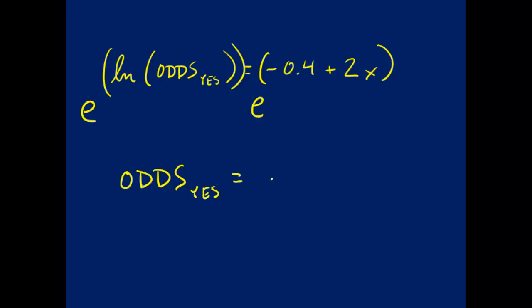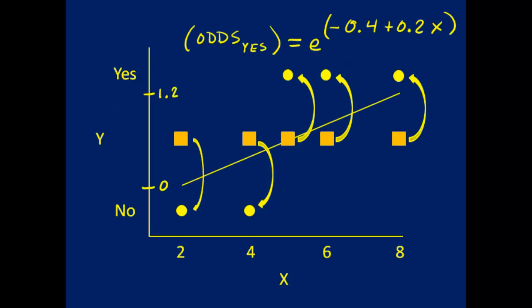And this becomes the same thing. And so now we have the equation for the odds of a yes for the random category generator. It's e to the power of the structural component of our model. So here we can now see our model, and I've put in the numbers here for the structural component of